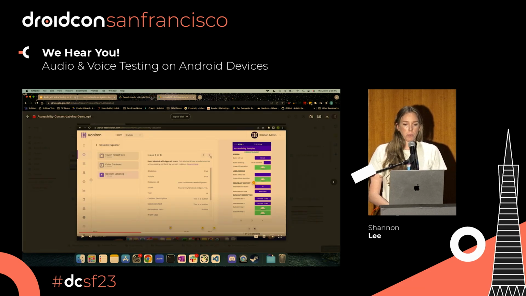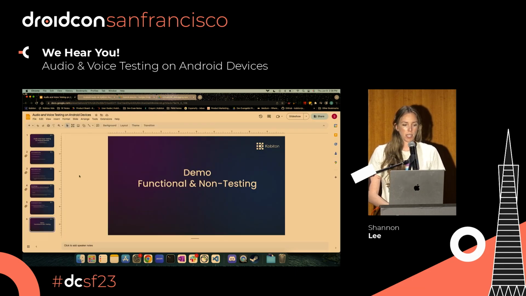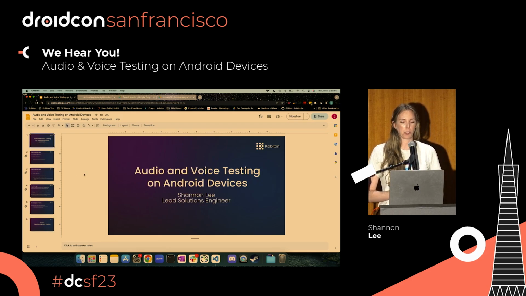Okay, so that is a good bit of what I had for you all today. I did have a voice testing demo for you all, but unfortunately that wasn't ready in time for DroidCon. But within the roadmap of Kobiton specifically, and of course offered by a lot of device lab providers, they'll have, kind of similar to image injection, audio injection on top of that. So with audio injection, instead of actually using the microphone, which can be difficult from a remote standpoint, you can inject the audio to simulate the microphone or simulate a phone call or something of that nature, so that you can also test the microphone input-output or voice testing for your development and QA efforts as well.